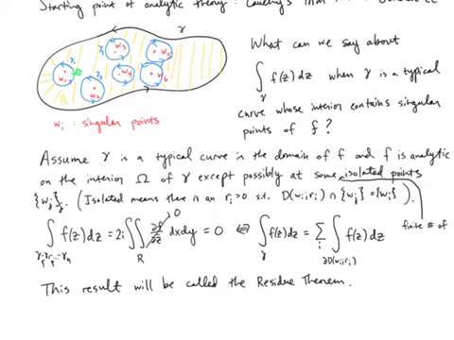So this reduces the study of an integral of your f around an arbitrary curve gamma into these very special integrals just around one of these singular points. And as we'll see, these integrals here,